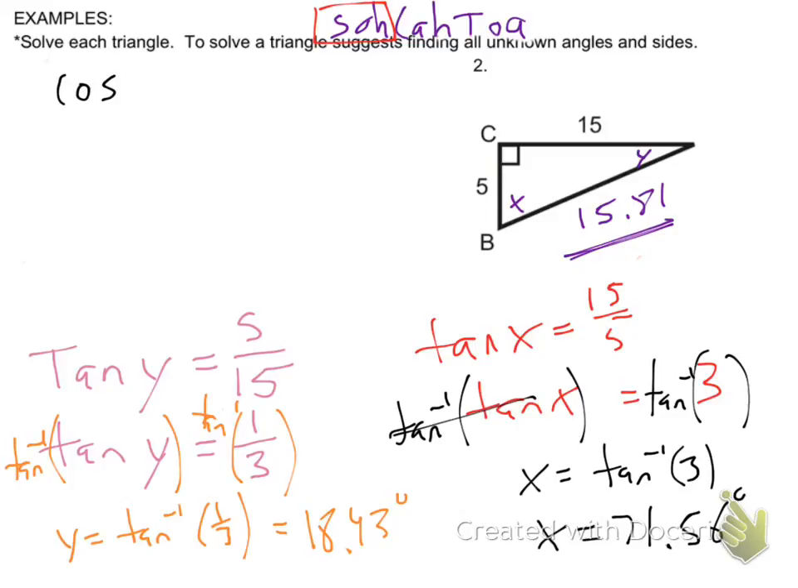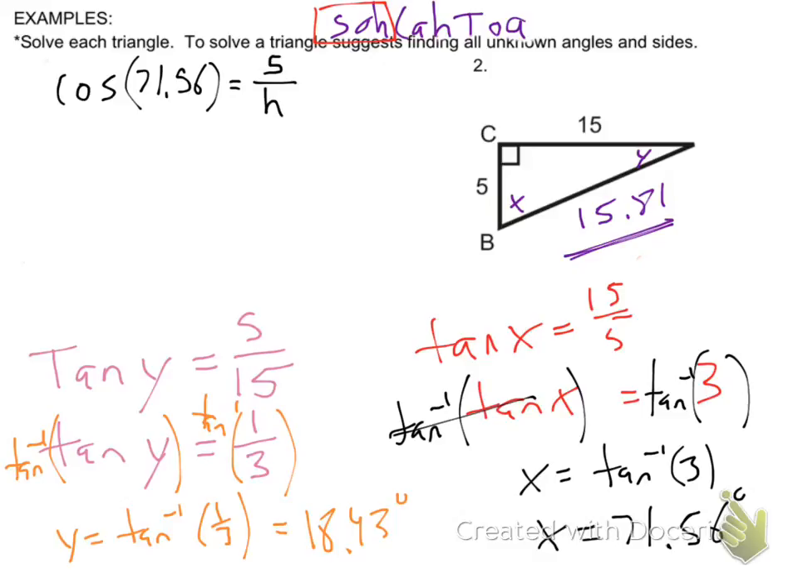Which angle are we talking about? No, which angle? X. So, it would be the cosine of 71.56, because that's the angle we're talking about, right? Equals, cosine again is adjacent, which is adjacent to x, is 5, over,